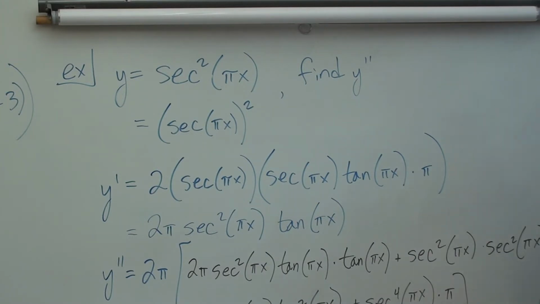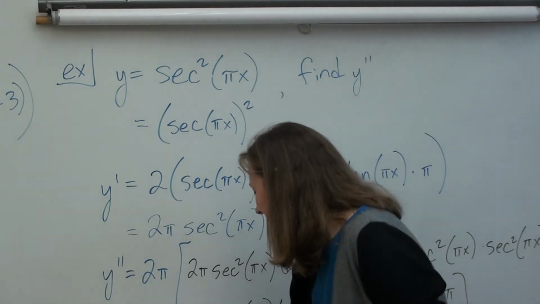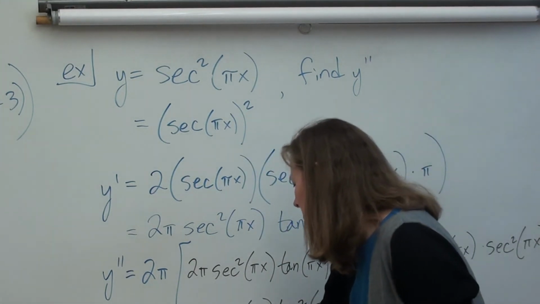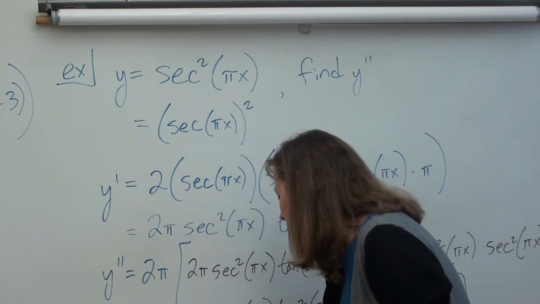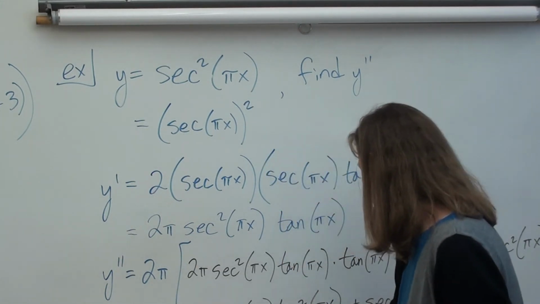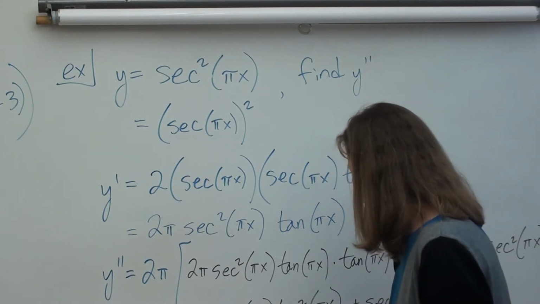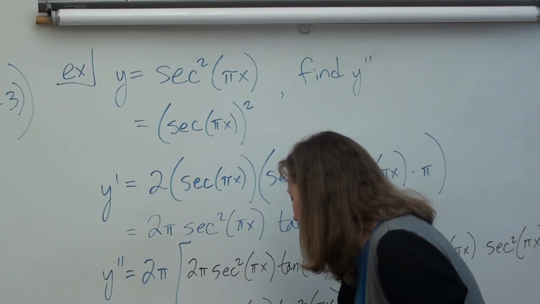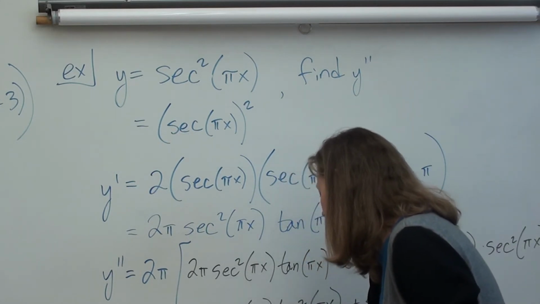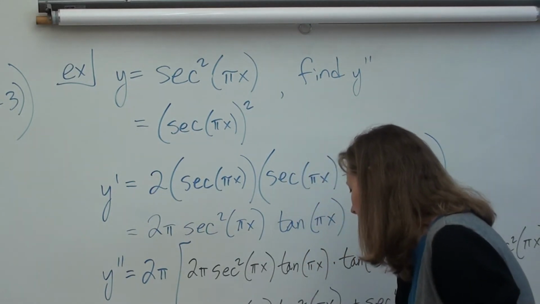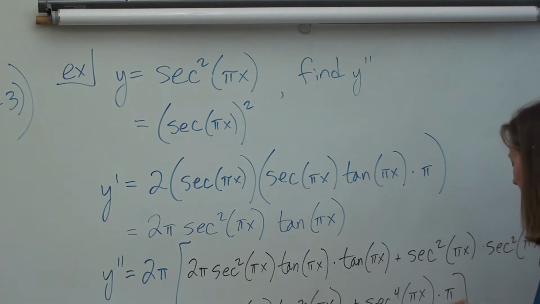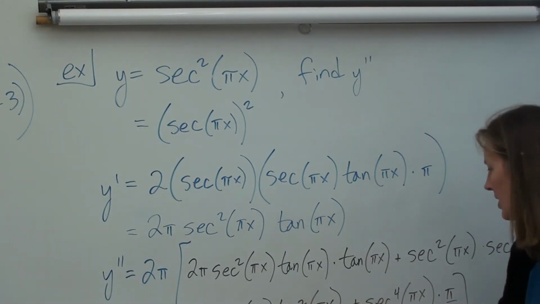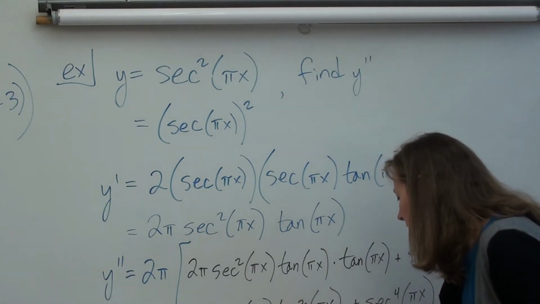Alright, so anyway, you could leave it like that, but I'm gonna pull a pi out. Something tells me I lost a 2 though. On the tape, guys, be careful. See if you find a 2 somewhere. So we could have 2 pi secant squared if we pull it out as the GCF. Wait, how'd you get 2 pi squared? Because I pulled a pi out of each of these and multiplied by the pi out front. And then I'm left with tan squared plus secant squared.